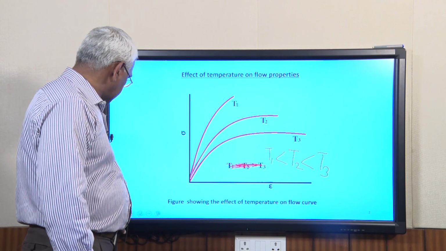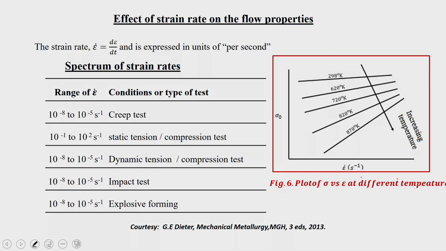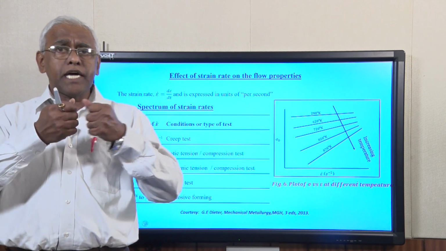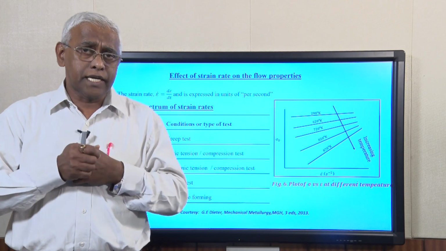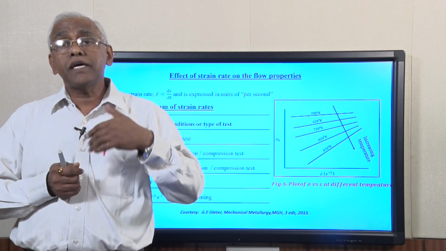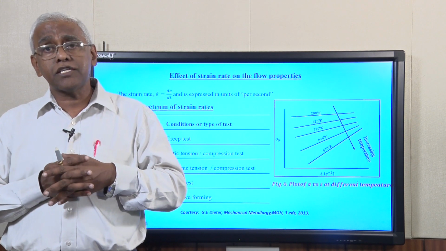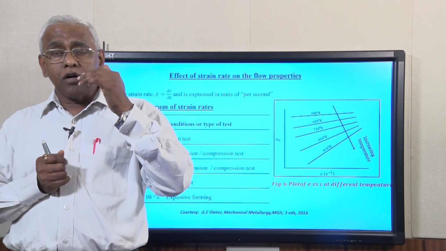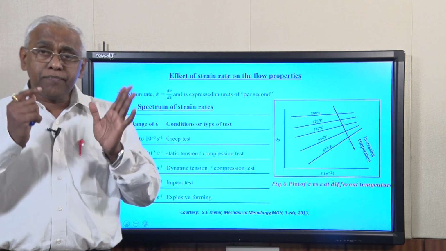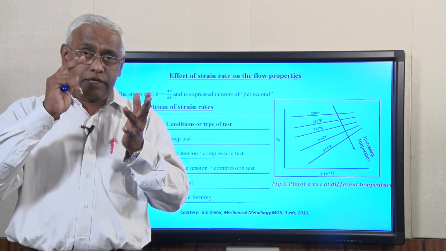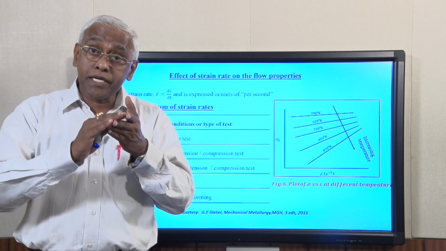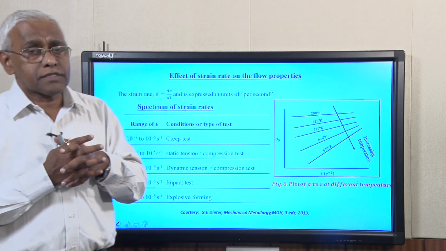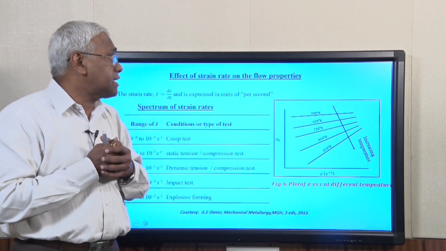With this, during the test we should have some idea that if the test is carried out at a high speed or high strain rate, then you may get a different value, which is especially important when the tests are carried out at elevated temperature. So, the flow stress which you are going to get depends upon the strain, the rate at which it is strained, and the temperature at which the test has been carried out. So, the flow stress is a function of strain, strain rate and temperature.